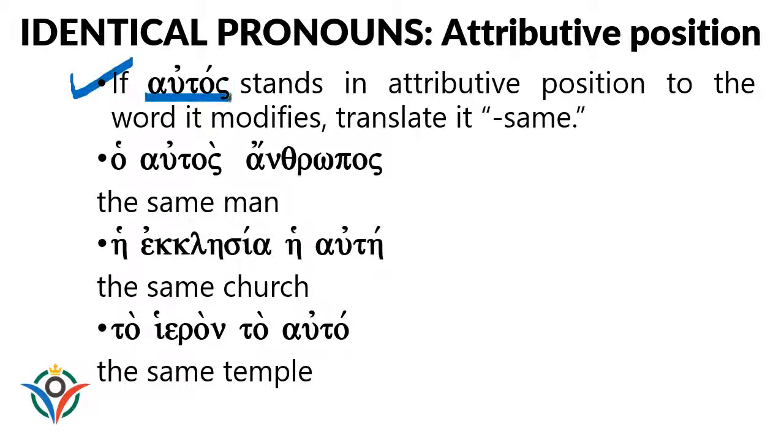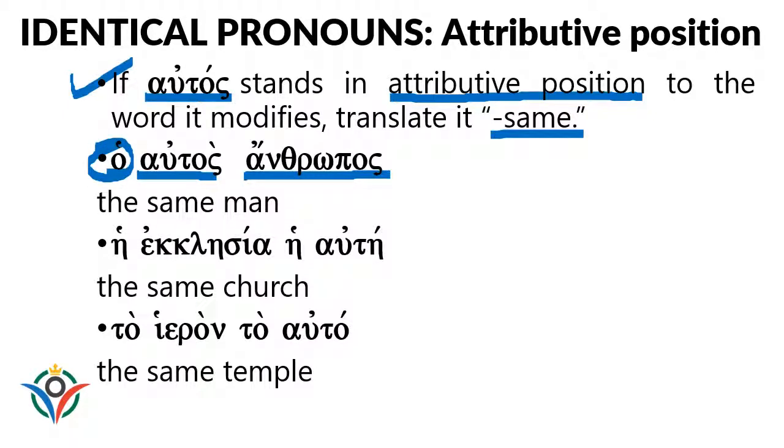If autos stands in the attributive position to the word it modifies, it is translated "same." So the attributive position is, as you're going to see here, when the pronoun and the noun both share the Greek article. So in all these examples, there is a sharing of the article. Look at the first example, ho autos anthropos. Here the article ho is standing in front of the pronoun and the noun, so we translate it as